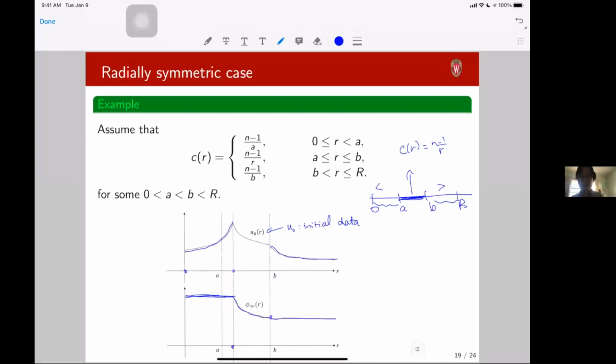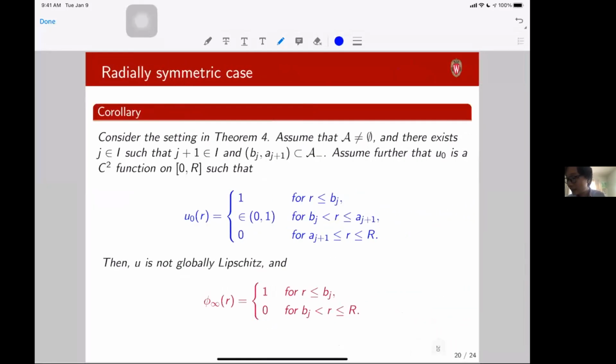So you see the fattening phenomenon here, right? Even though we start with level sets that are not fattening, in the limit we see that there are two regions where the level sets are being fattened. So that's the first thing. The second thing that we want to say is that